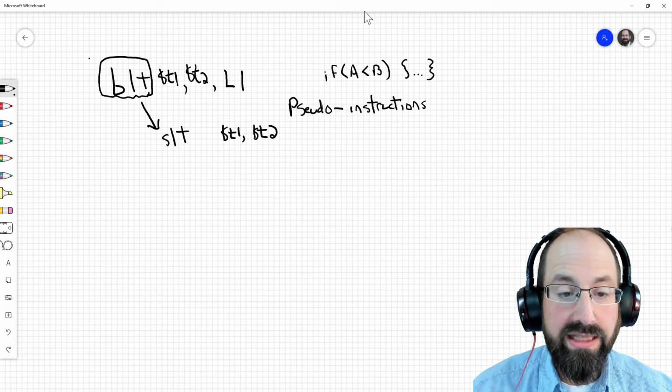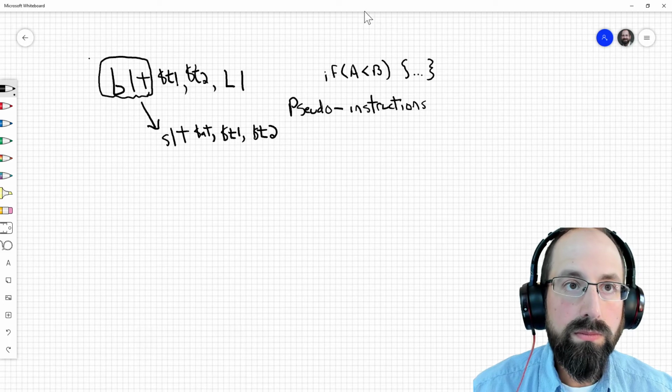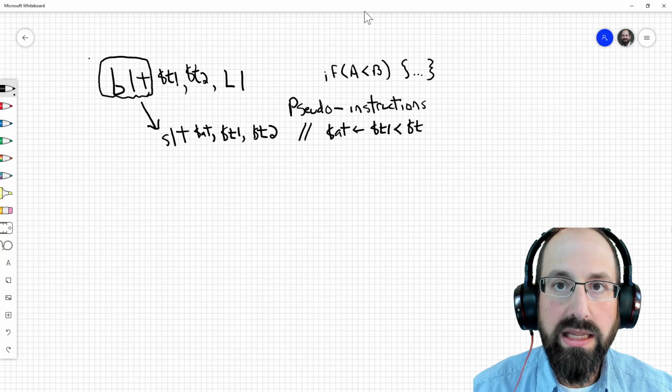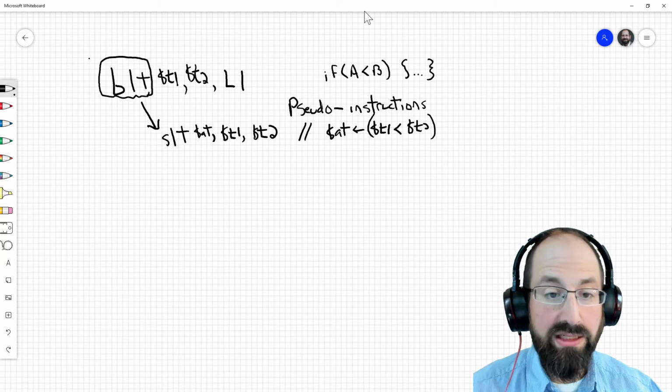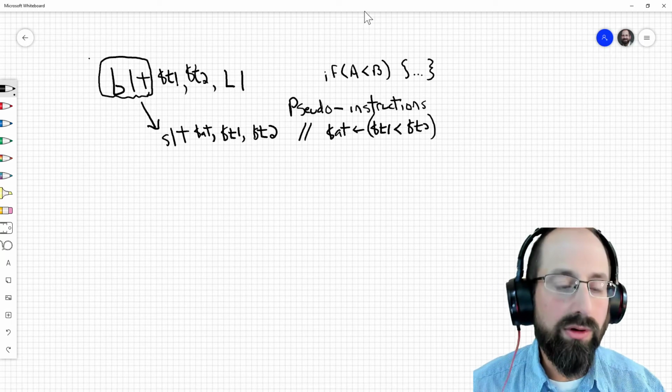It's a binary value. If we were to add the comment for that here, we are storing in AT the result of T1 less than T2. If it is less than, the value of AT is 1. If it is greater than or equal, the value of AT